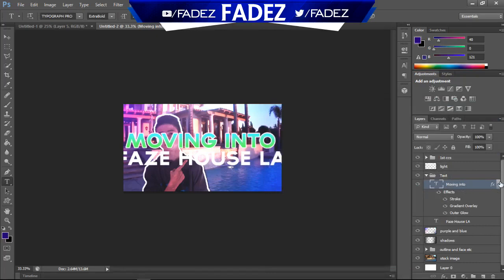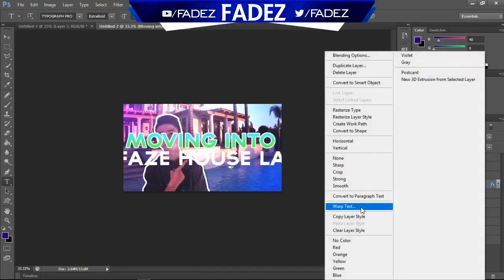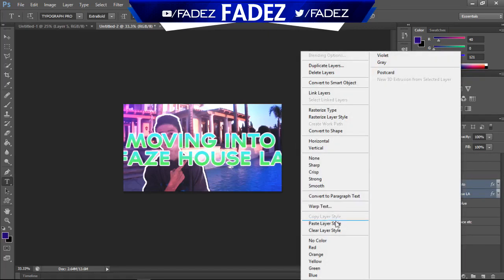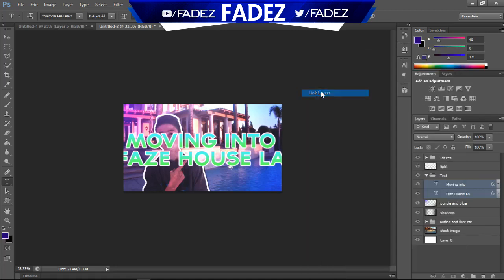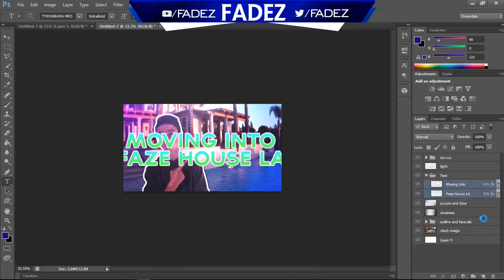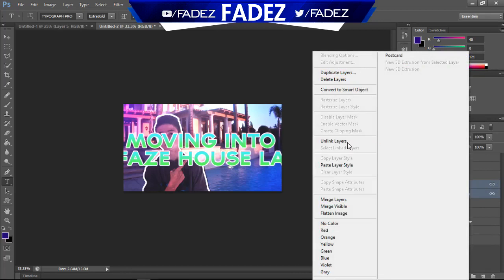Then on this text here, click copy layer style. On that, click paste layer style. And you can see it's already on that layer. Paste the layer style so you don't have to do it again. Then you can just click link layers. Then we actually just want to rasterize. Then we can just click rasterize layer style. Then if we just unlink layers,